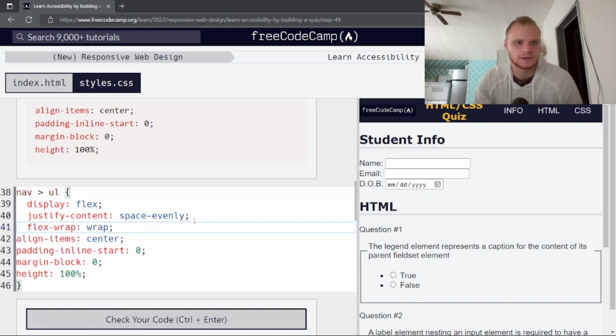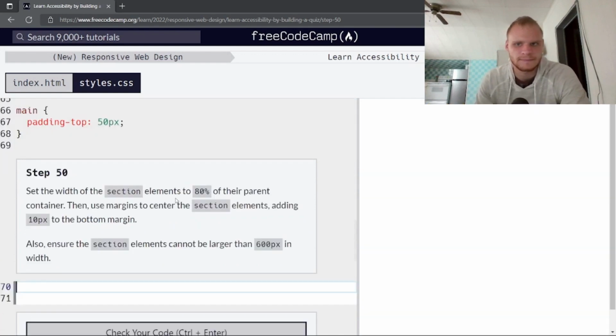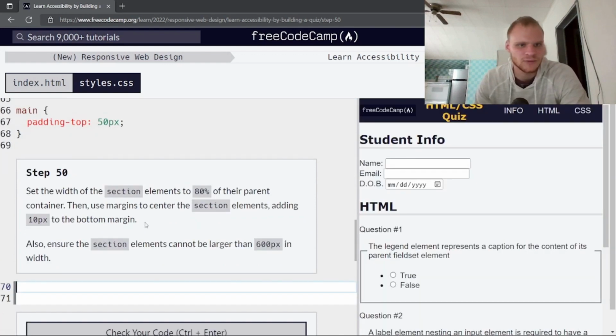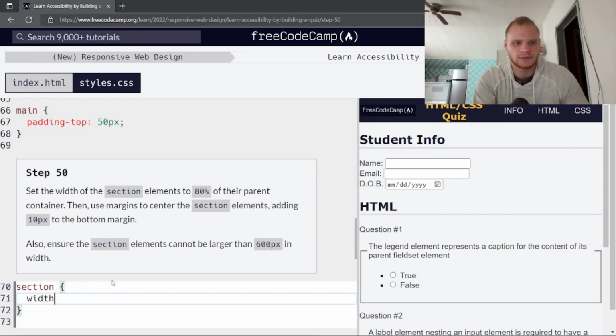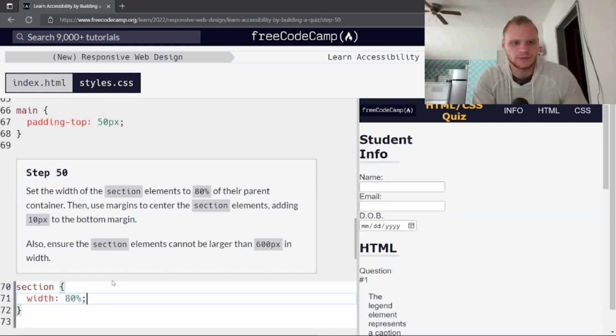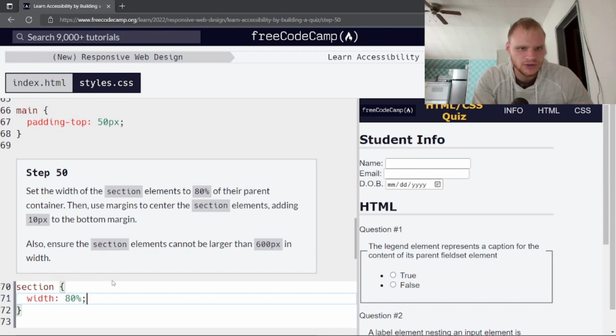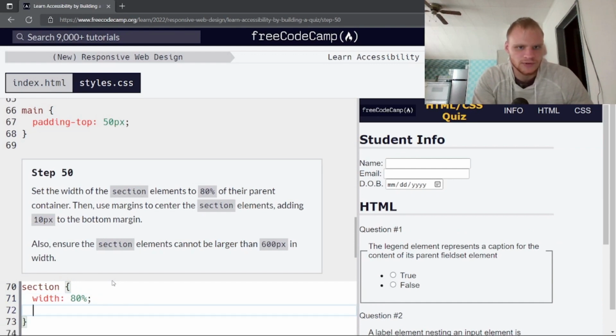Wrap. See if that's good. Nice. All right, step 50, set the width of the section elements to 80%. So section, we need width 80%. Simple. Then use margins to center the section elements. So we're going to use margin,